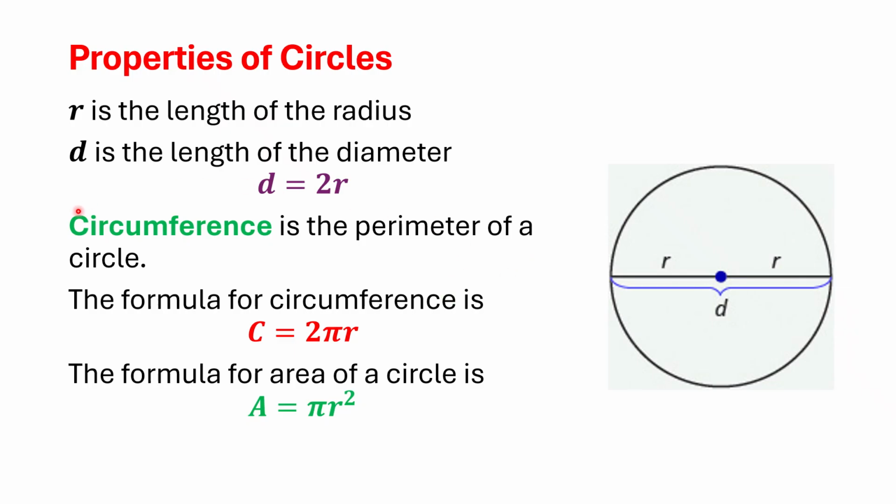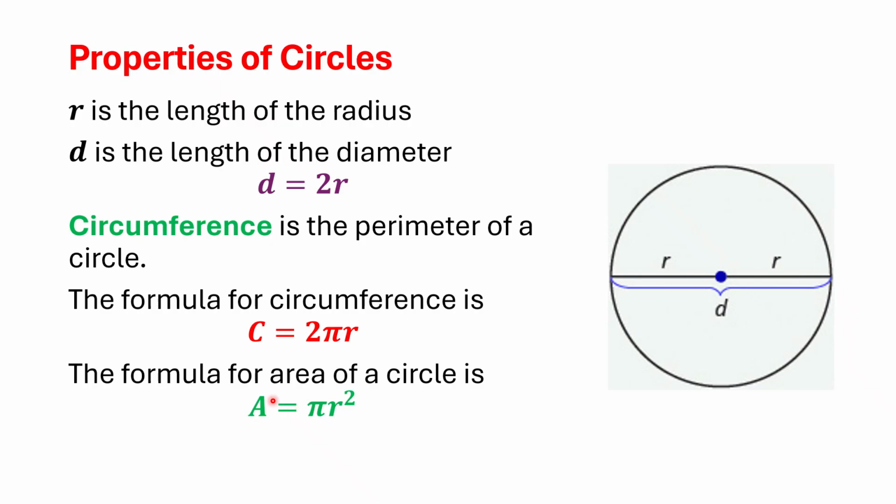And we have what we call circumference. Circumference is the perimeter of a circle. It's the total length. For example, if you cut this circle at this point, then you stretch it, it will give us a length. And that is the perimeter. In circle, we call the perimeter a circumference. The formula for the circumference is simply the product of pi and the radius multiplied by 2, 2 pi r.